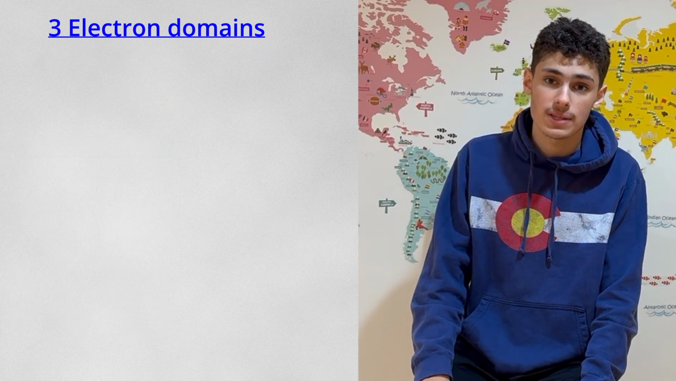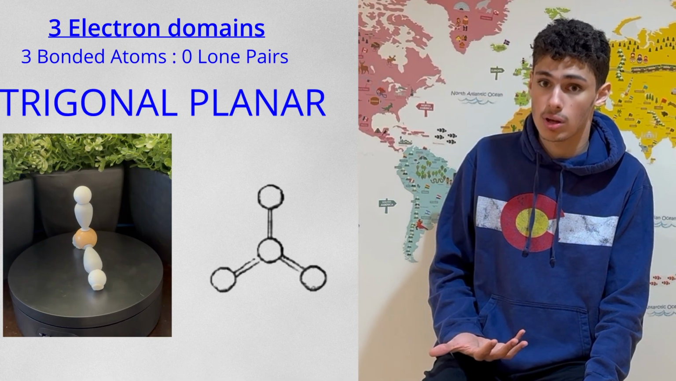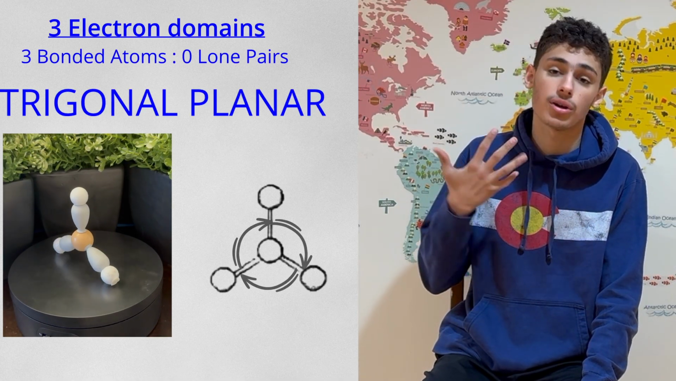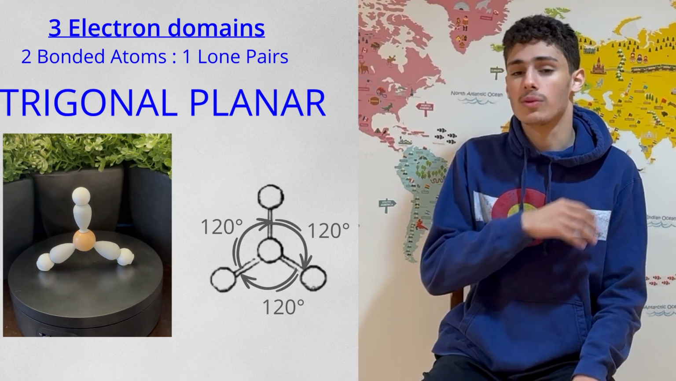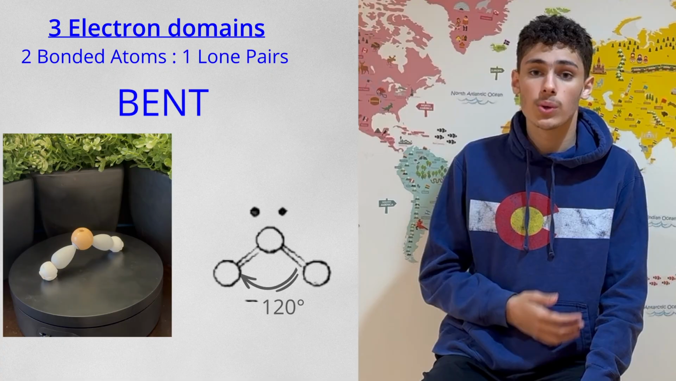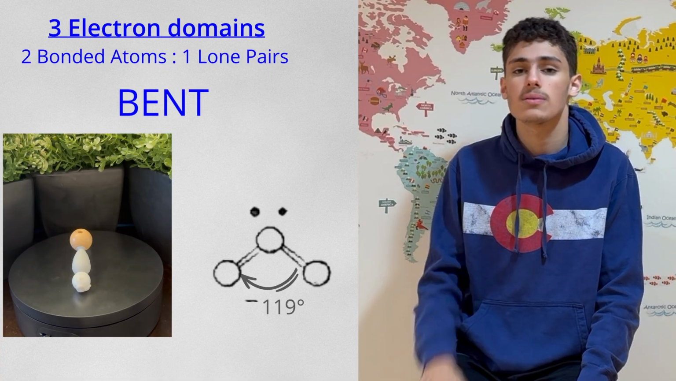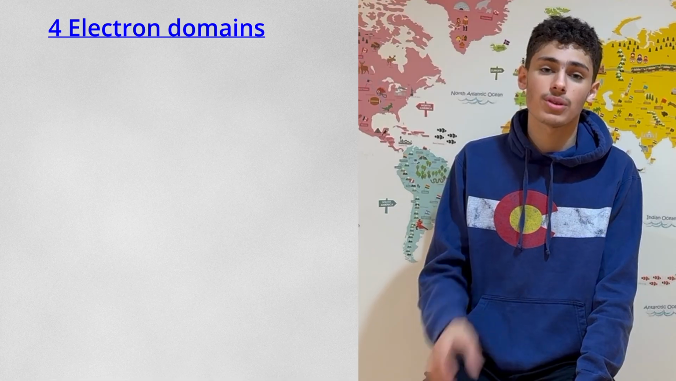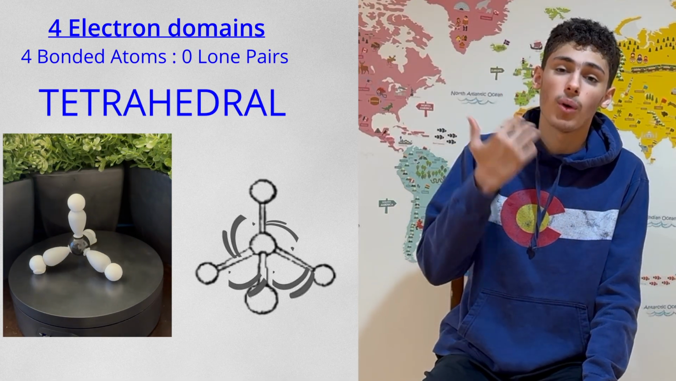3 electron domains with a 3-to-0 ratio will result in a trigonal planar structure, which will have bond angles of 120 degrees. Changing the ratio to 2-to-1 will result in a bent structure, which will have bond angles of around 119 degrees. 4 electron domains with a 4-to-0 ratio will result in a tetrahedral structure, which will have 109.5